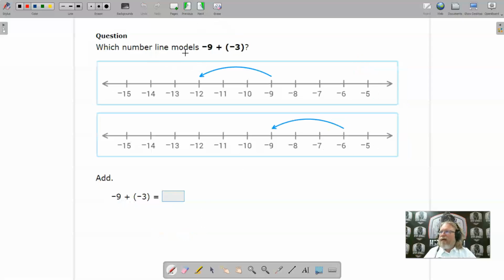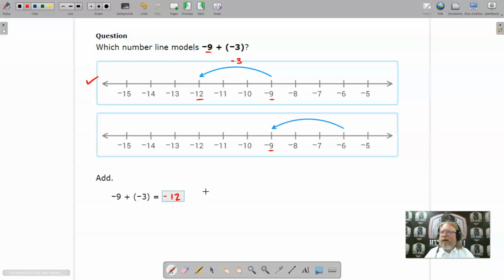Which number line models -9 plus -3? So both of them should start at -9, I imagine. Oh, this one's landing at -9. So actually we can rule this one out, and this is going to be the correct one. This one has the wrong starting point. And we're adding a -3, so we're going to the left 1, 2, 3 spaces,